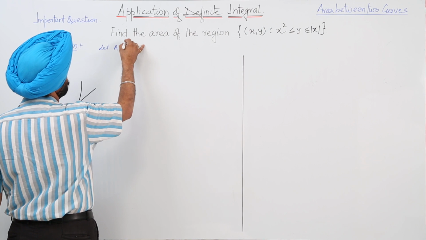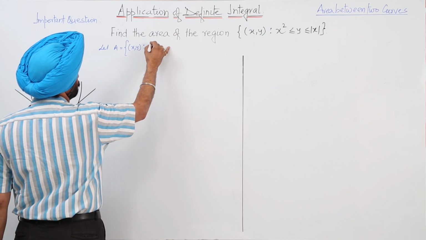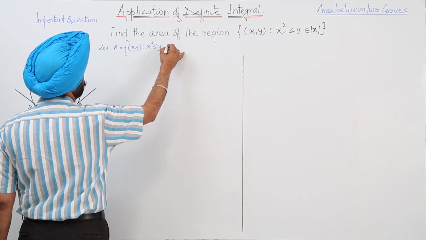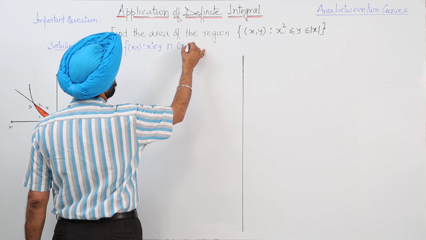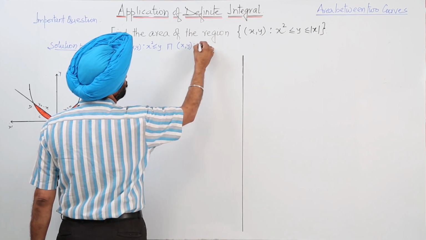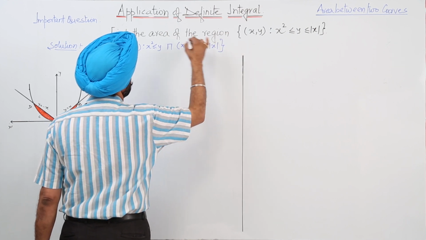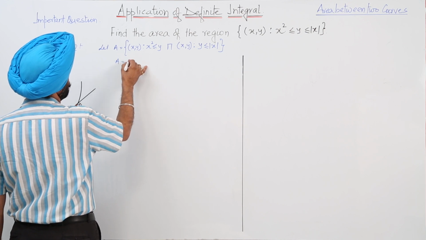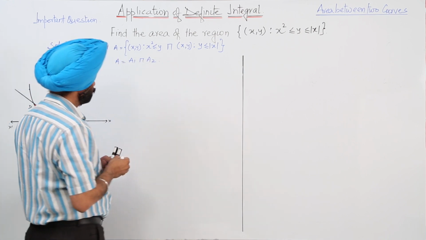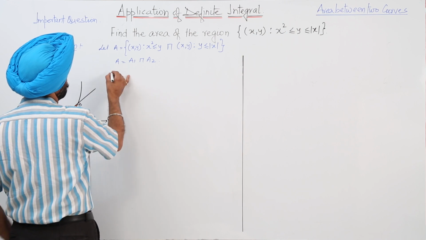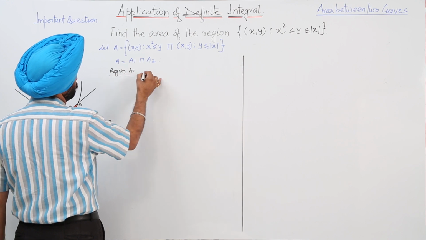A is equal to the set of (x, y) such that x² ≤ y, intersection with the set of (x, y) such that y ≤ |x|, or we can write it as A = A1 ∩ A2. Now region A1,